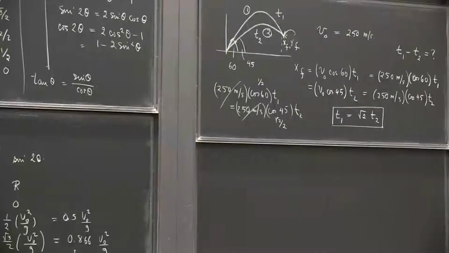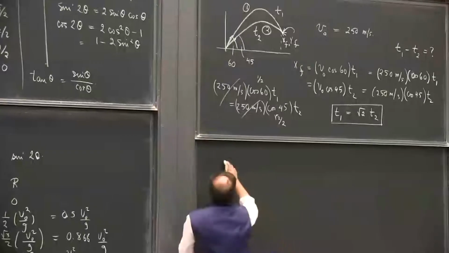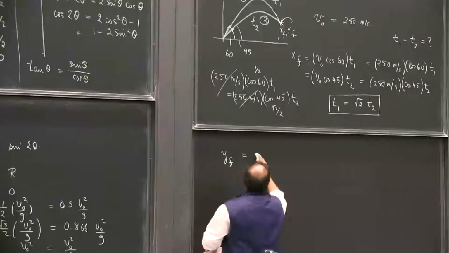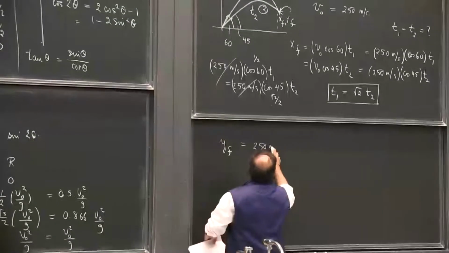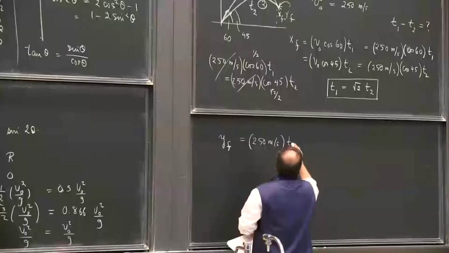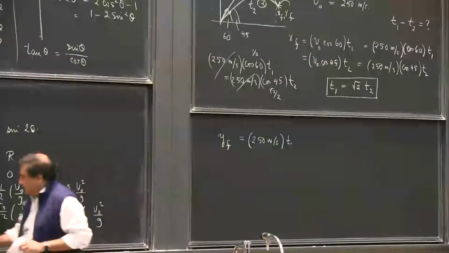All right. So let's see if we can now do the vertical piece, because the vertical piece should give us something neat as well. The vertical piece tells us that y final is the same in both cases, which means I should be able to write 250 meters per second, this is the V0, sorry, V0 sine of 60,